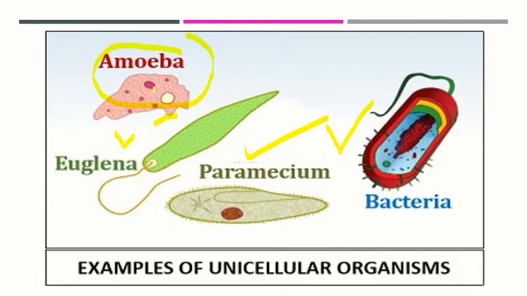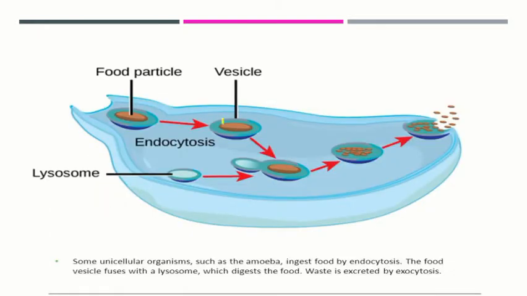So how do they perform the excretory function? They also need food, and after digestion they also require removal of the waste. So all these unicellular organisms take food. Let us take the example of the amoeba. We had already discussed in the previous video how the amoeba takes food, and thereafter the food goes into the food vacuole where the digestive enzymes are present. After digestion, the unwanted materials are removed from any side of the amoeba, where the wall gets ruptured and the waste comes